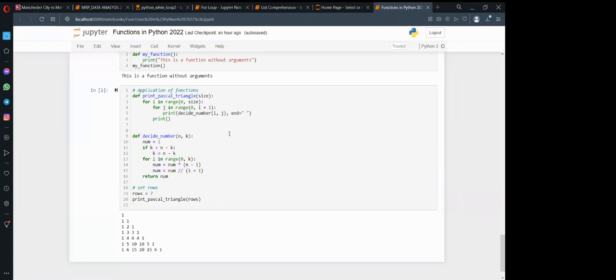I know this one looks complicated, but this was just to show you that you can use a function to produce the Pascal triangle and combine it with the for statement. So you can combine the for statement with functions, and you produce the Pascal triangle. Remember, we were using the for statement to produce a pattern. I believe the Pascal triangle is just a pattern, just like the patterns that we were producing in the for statement.